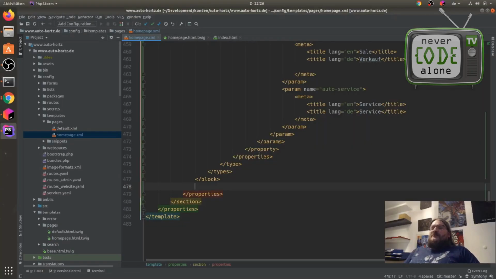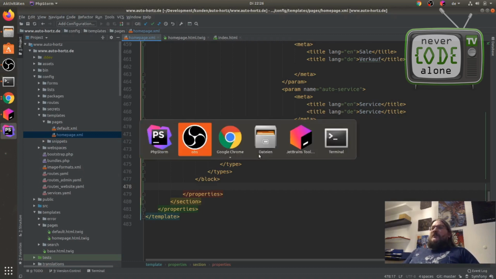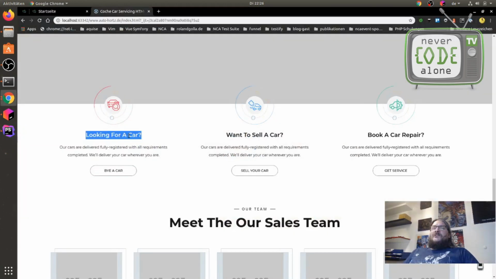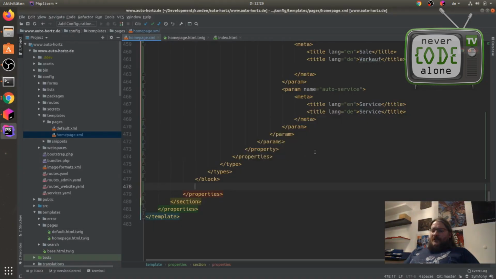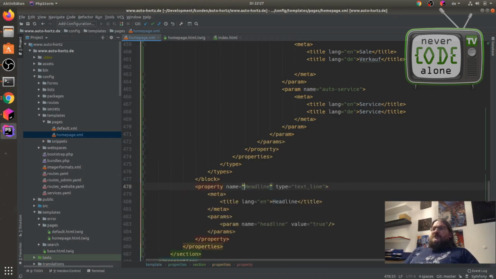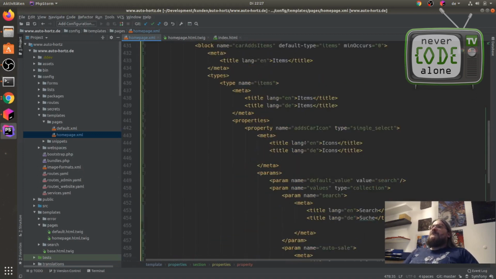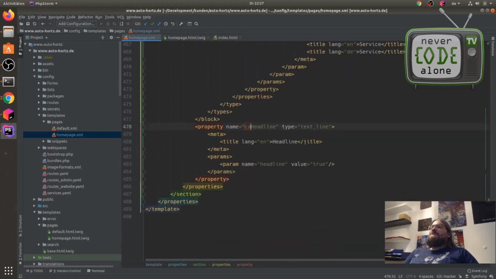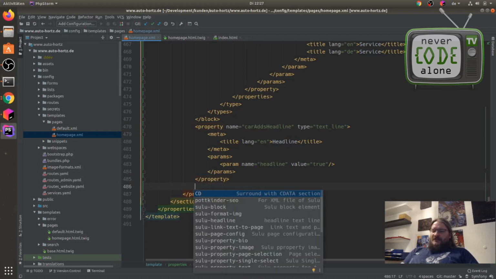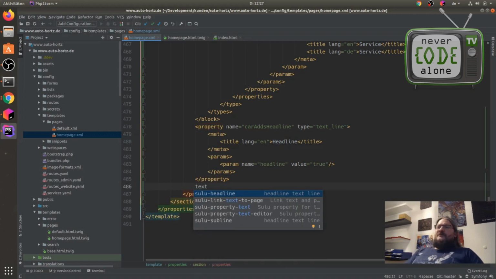So let's go back to the front end to check what are the other elements on this HTML template file. There was a headline, a description, and a text with a link. So we add a headline here. What is it, add cars or car ads? Car ads headline. And we got this description here. This is a text field, text editor.